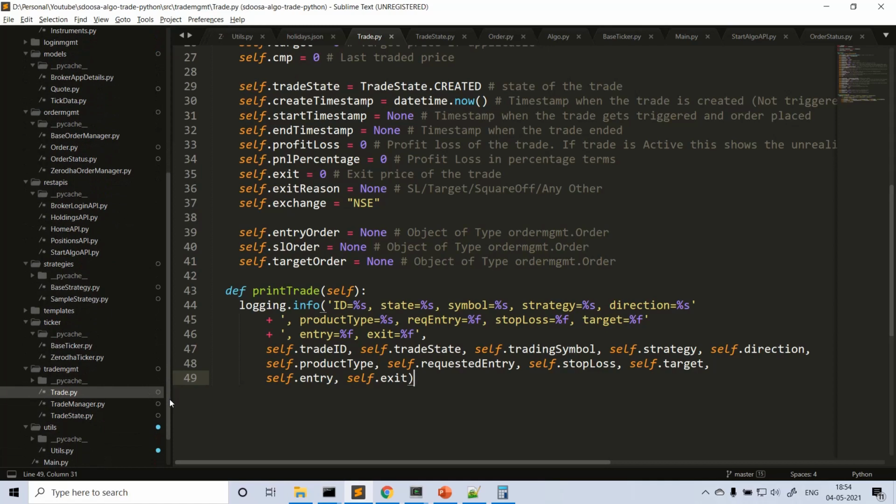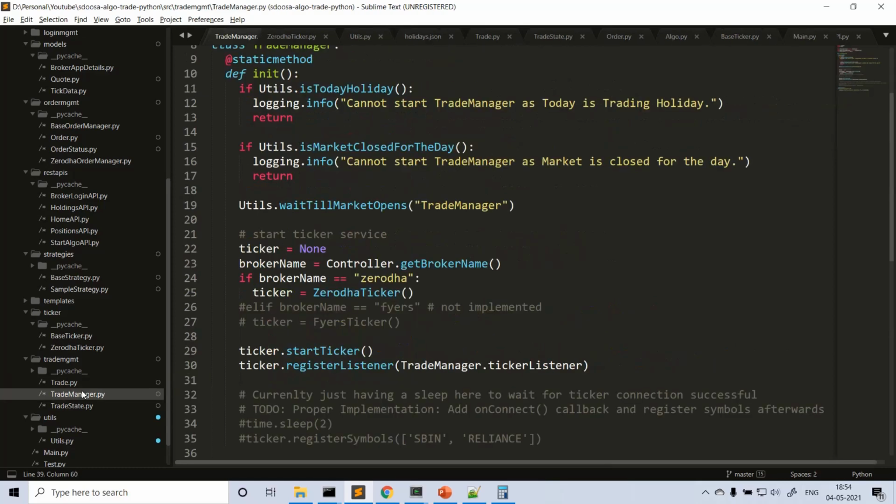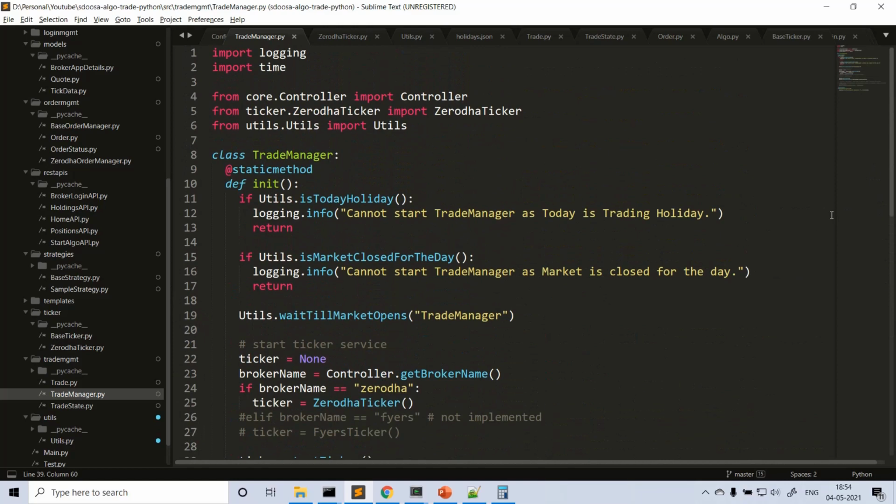And I covered trade managers, trade state. The actual implementation is not done yet, we'll see. But before that, I want to explain each module clearly so that by the time I write the trade manager code, it will be easy for you to understand. Also, it will take less time for my video. If I cover all these things in a single video, it will be a few hours long. So for that matter, I want to explain in parts, step by step, so that it is easy for you.